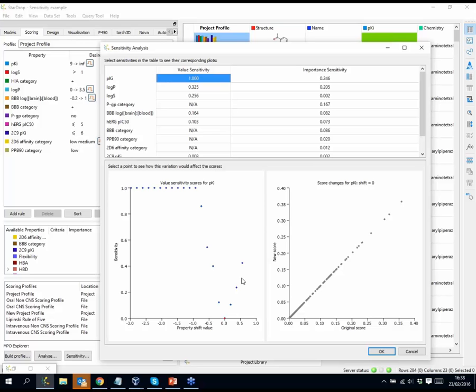Just a small increase or decrease in that would actually lead to quite a lot of sensitivity in the decision we would make. So we don't have a lot of wriggle room here, if you like. We would need to consider that very carefully. And indeed, if we shift that by about 1 log unit, I can just select here and you can immediately